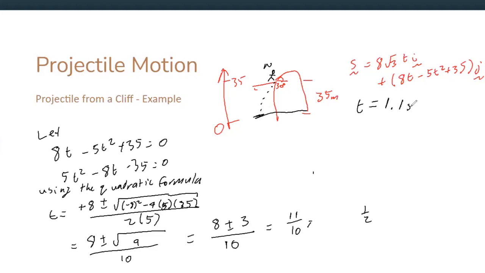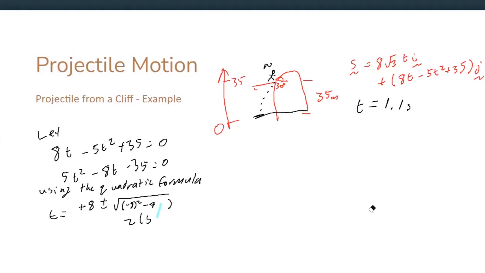And that is going to be our solution. Yep, and that's it. And so we found the time of flight. It's 1.1 seconds for this projectile from her throwing it to it landing into the water. So now the last part of this question wanted us to find the horizontal range, the distance from the cliff